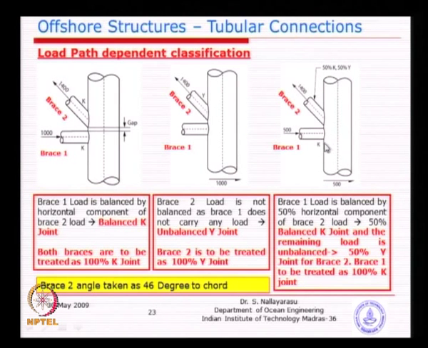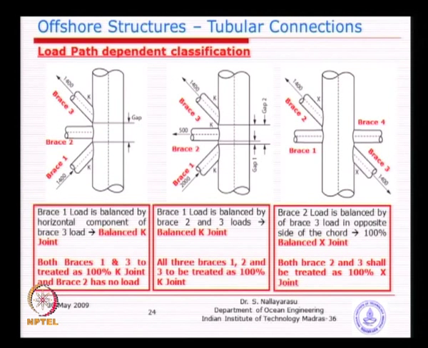And coming to the last one, exactly what we were trying to talk about: 500 is there, but I will get 1000 from there. So, basically 50% K joint for this, because that 1000 is going out and 500 will be balanced by this. So, this and this is 50% K, whereas the additional 50% will be Y joint, because that is carrying more load. So, very simple algebraic comparison. Like this there are quite a few examples I have given from API. You should try to practice; I will ask the girl to give the notes today.